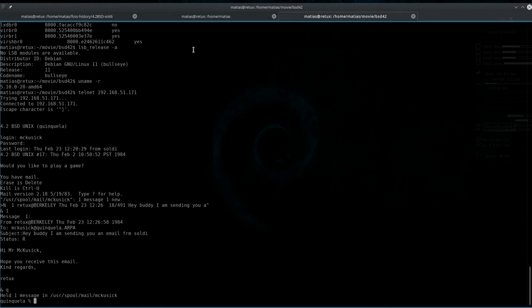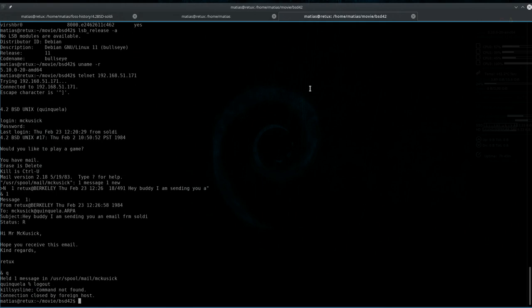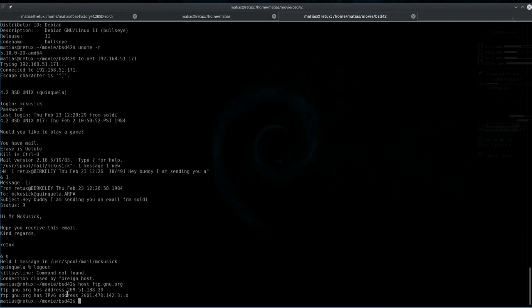And one last thing I'd like to do is try to log in by FTP. Let me get the IP address of the FTP server from the GNU project.